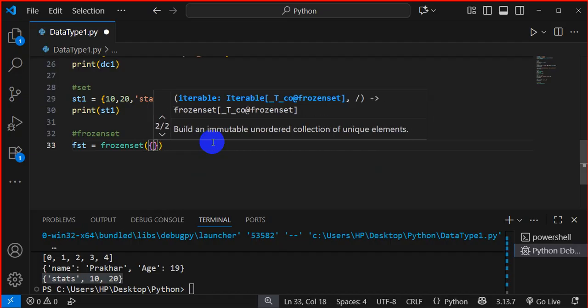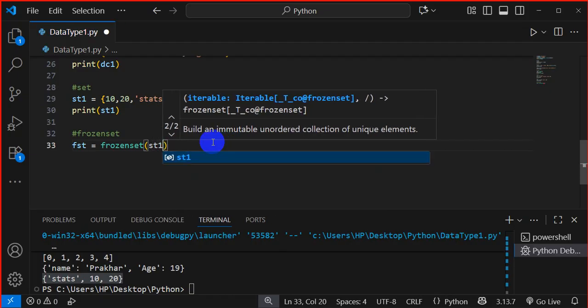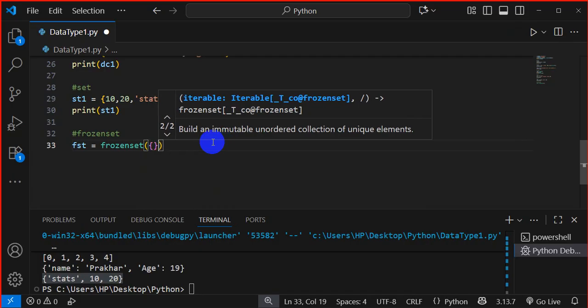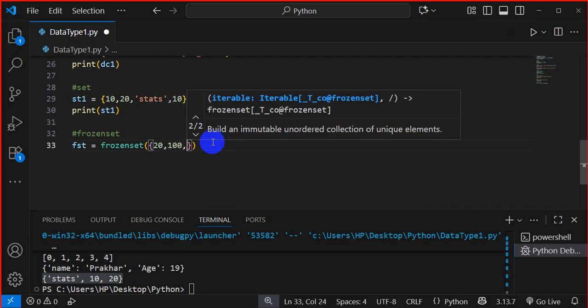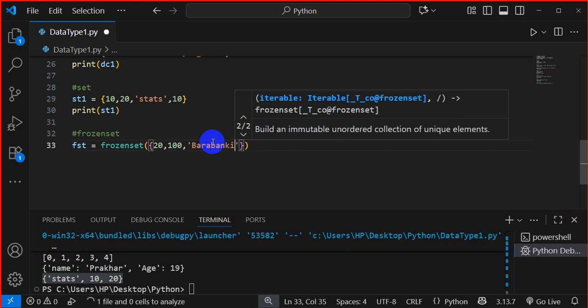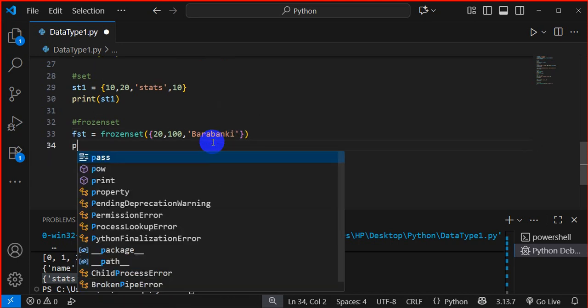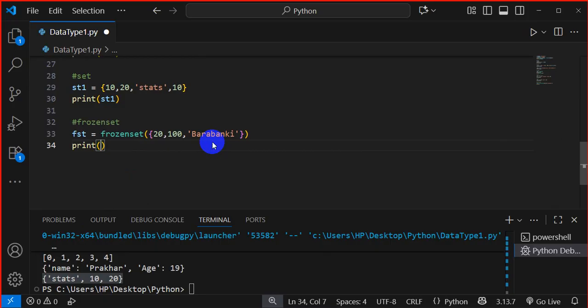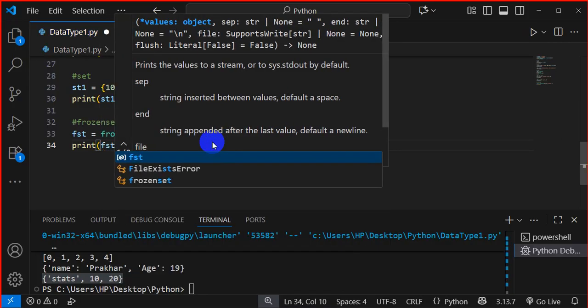So I will give a set. Either I can give st1, since this one is also a set, or else I can directly create a set over here. If I give a set like this, that is also okay. And if I print this fst frozen set,